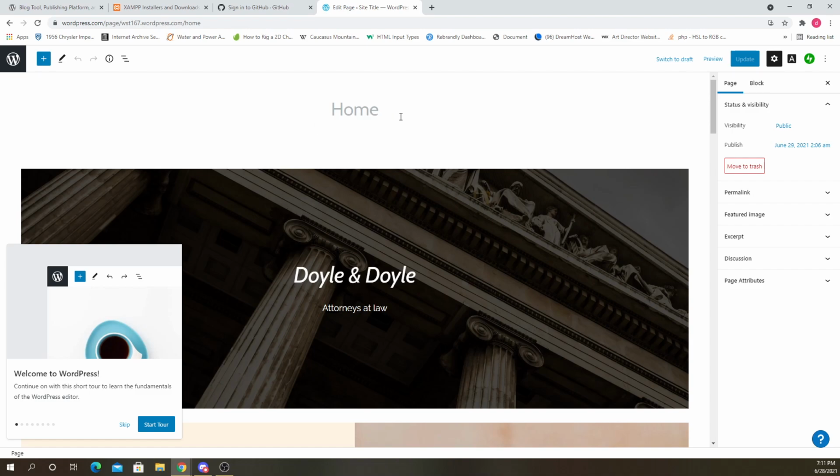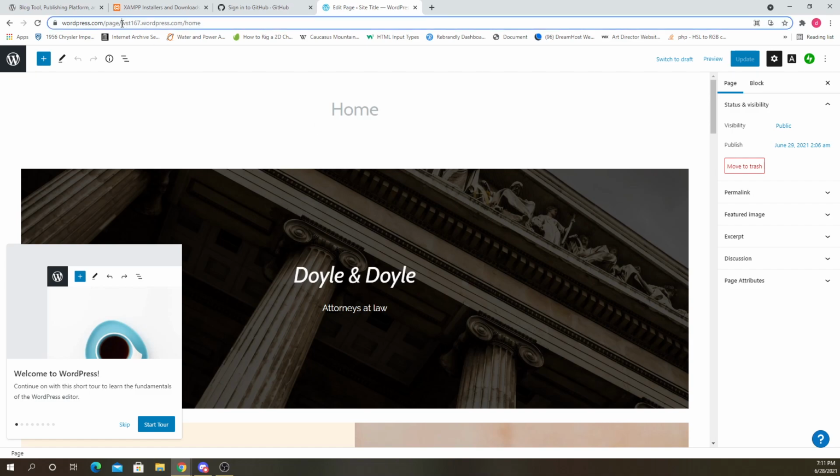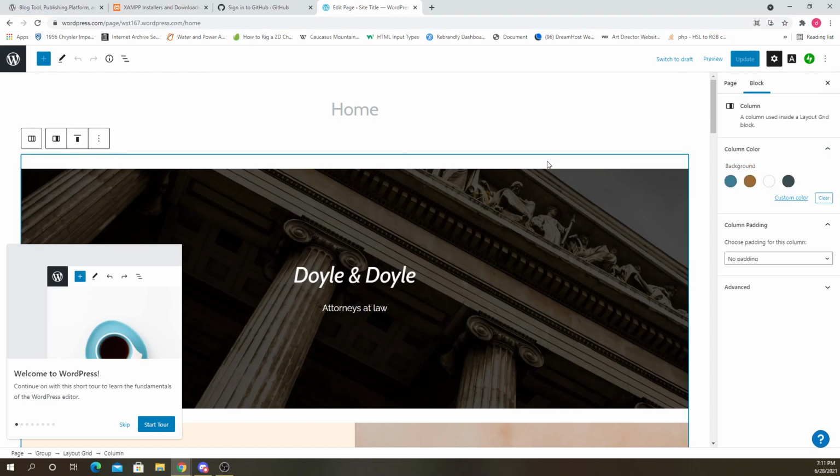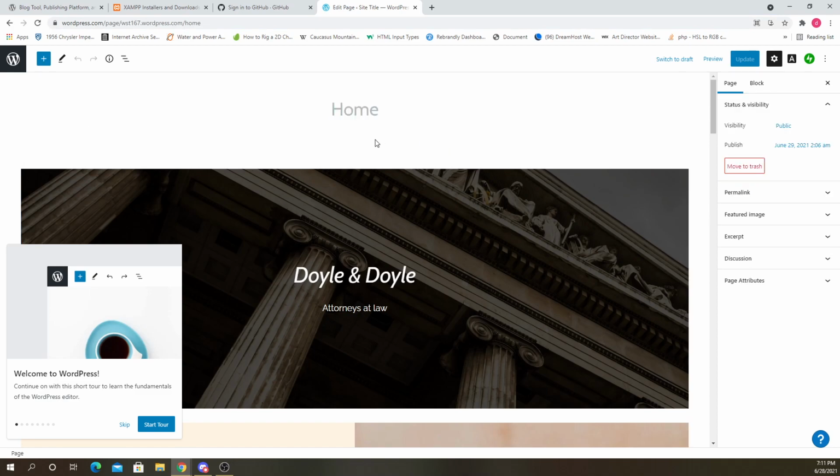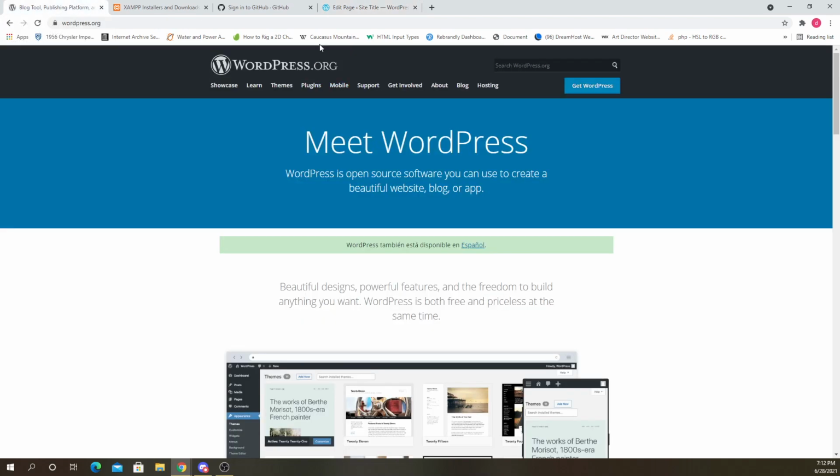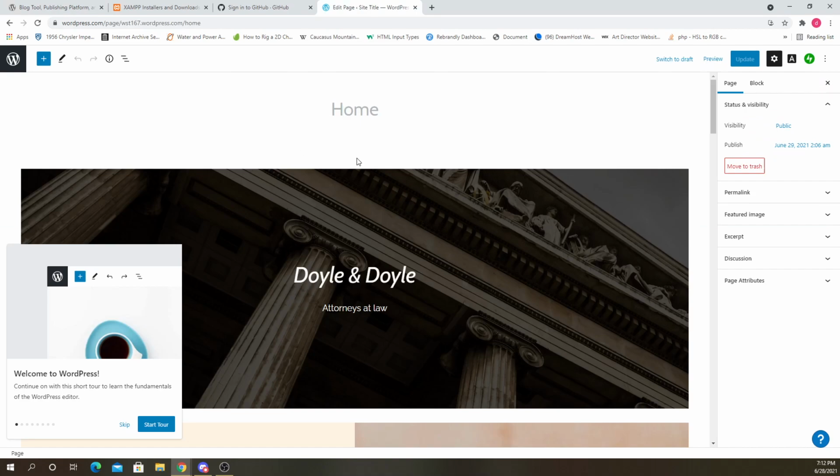So pick your domain name. Mine is wst167.wordpress.com. So pick one for yourself. Go through the options. Make sure you choose the free plan unless you want to pay for it. But probably not a good idea to pay for it right now until we get to learn how to use WordPress and then figure out if we're going to stick with WordPress.com or use WordPress.org and download the free software and install it on a separate host. Okay, so I'll give you guys a minute.